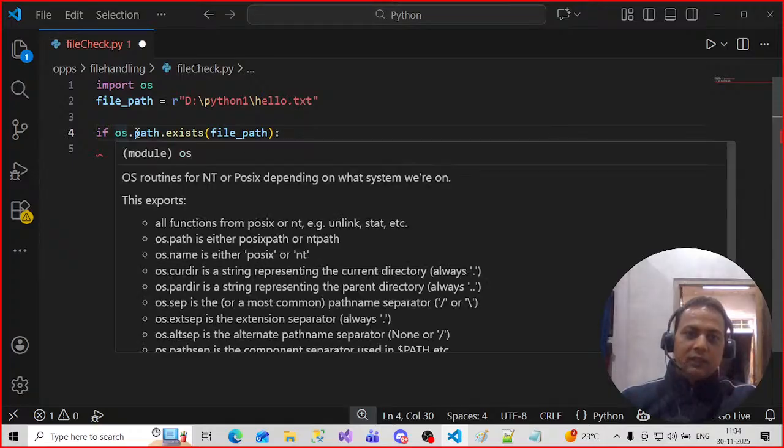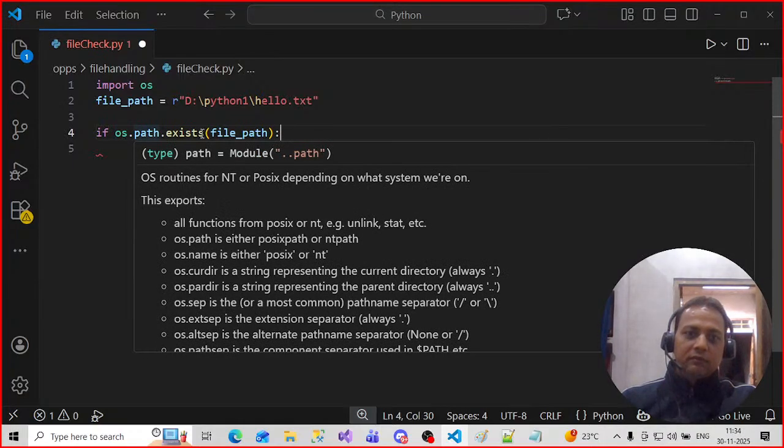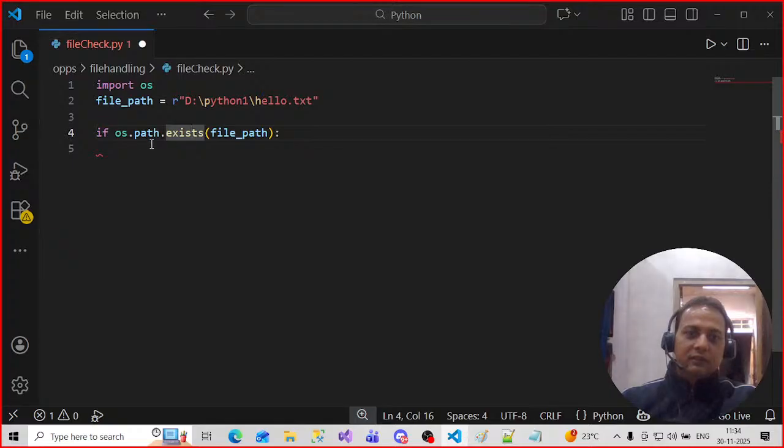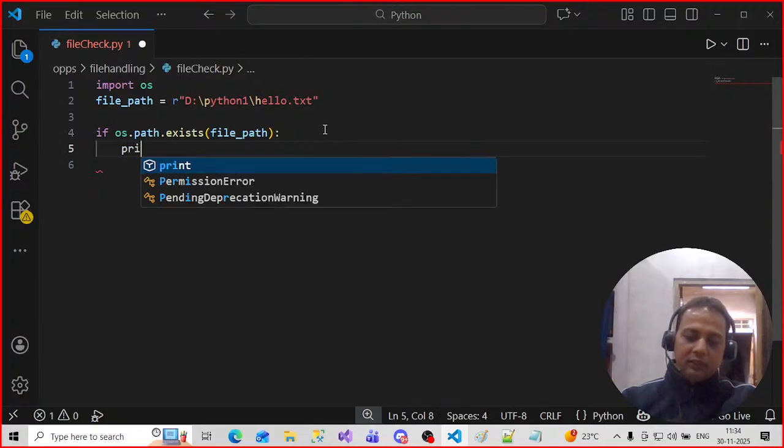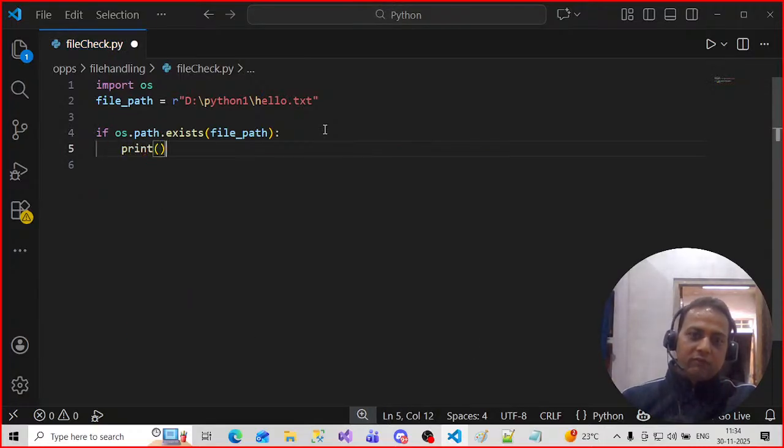If this path exists in the operating system, then do the operation, otherwise give me a simple message that the file is not found, correct? So I am just giving you the message. I will not do any method or any operation. I will create separate methods for read, write, update, everything, but I am just giving a simple message,